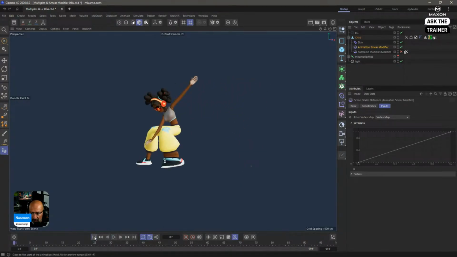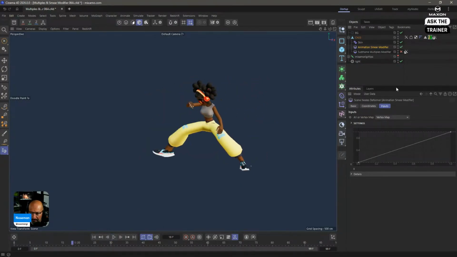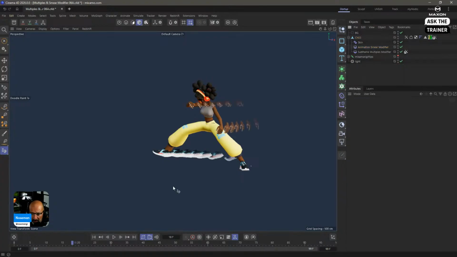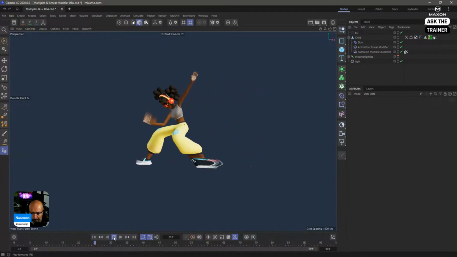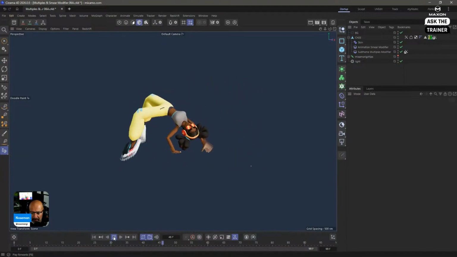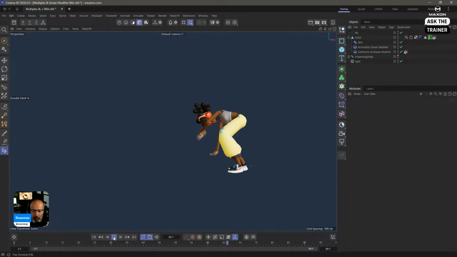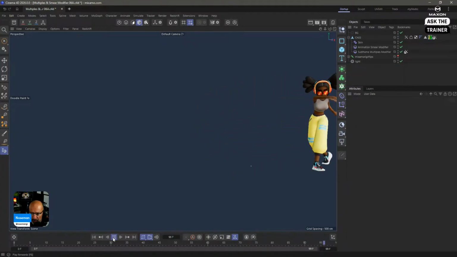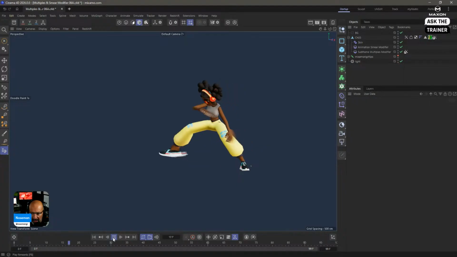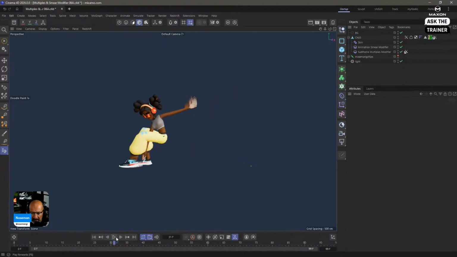Now, what is great about the sort of modifiers we can create using nodes is that we can stack them. So here in this particular case, I'm going to use both the multiples and the smearing. And it kind of works. I mean, maybe there are some edge cases, but this should work with anything now, anything that's animated.